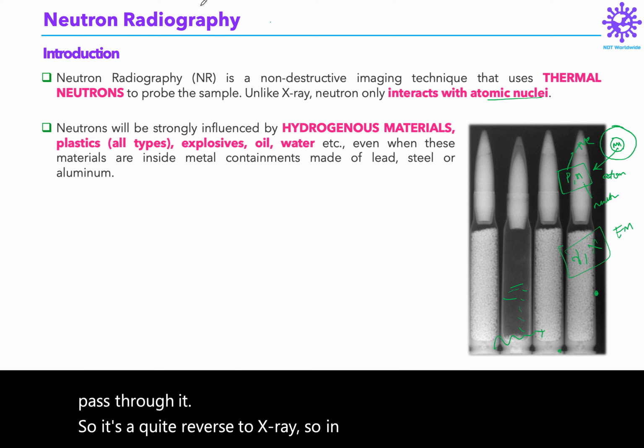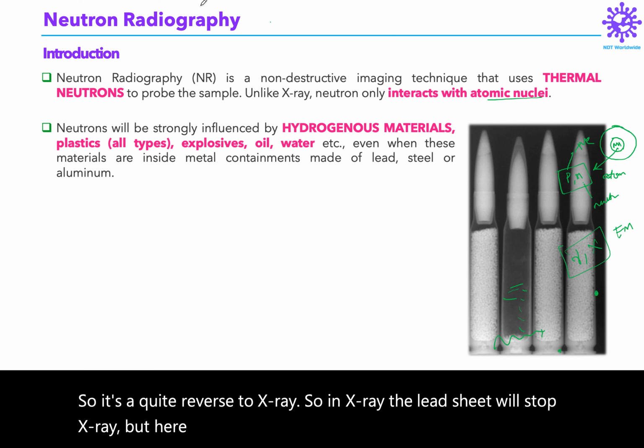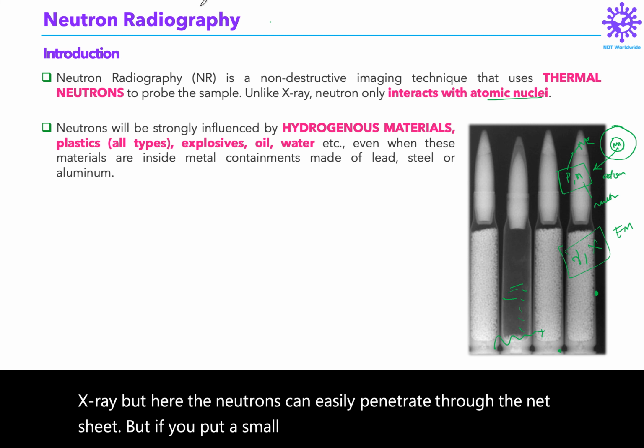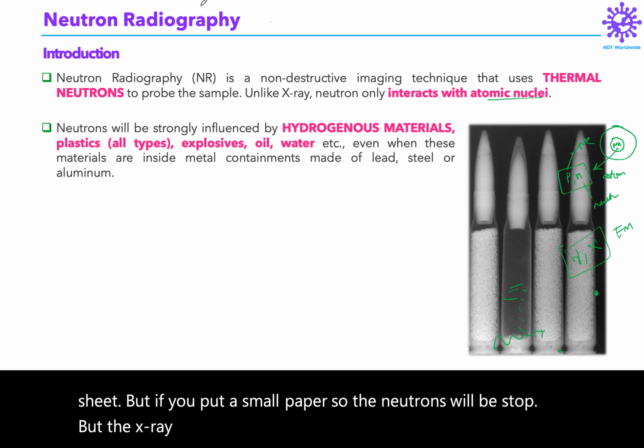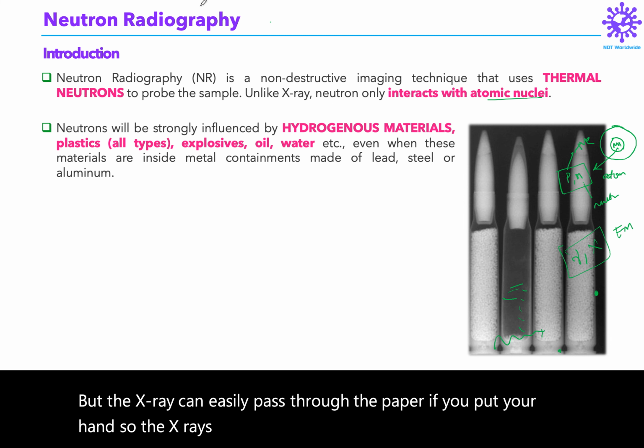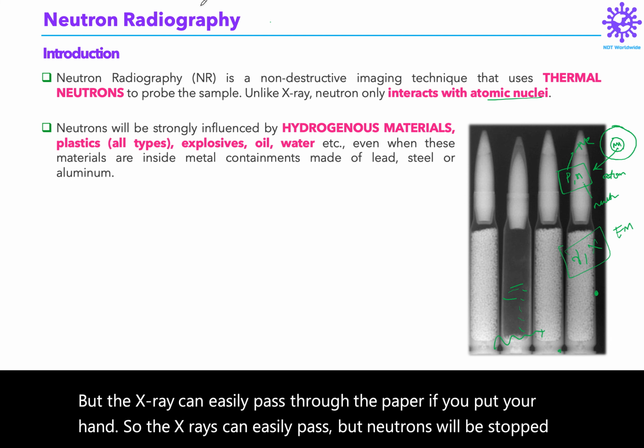In X-ray, the lead sheet will stop the X-ray. But here the neutrons can easily penetrate through the lead sheet. But if you put a small paper, the neutrons will be stopped, but X-ray can easily pass through the paper. If you put your hand, the X-rays can easily pass, but neutrons will be stopped because of water, hydrogenous